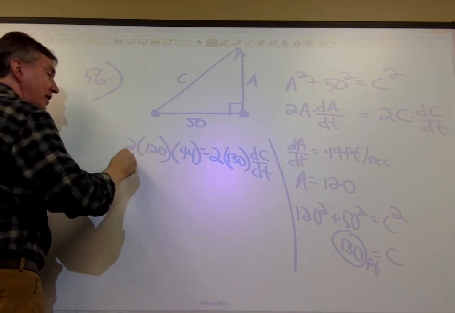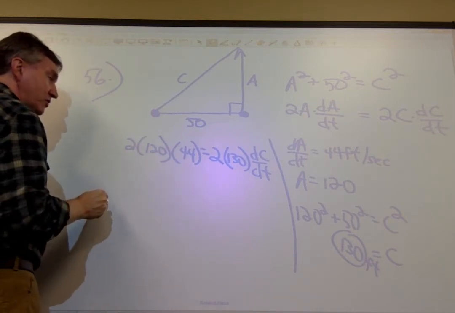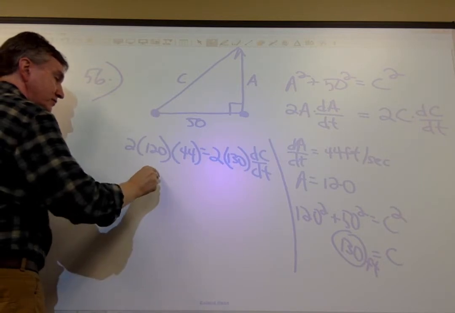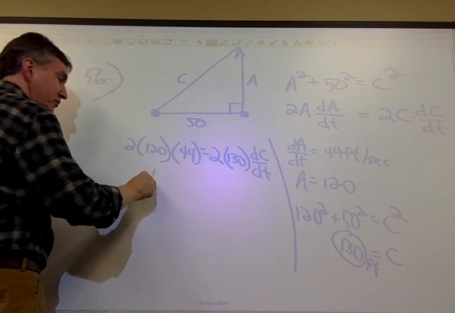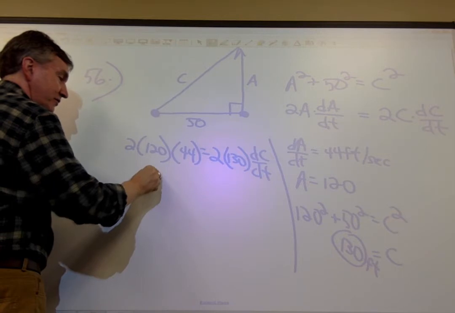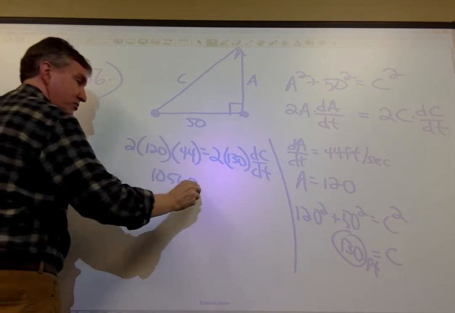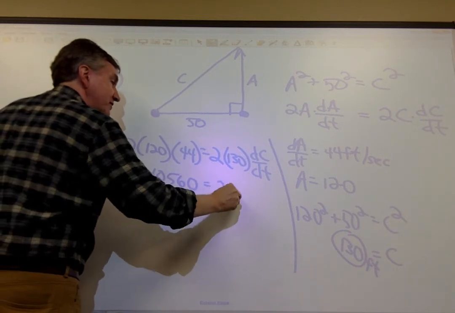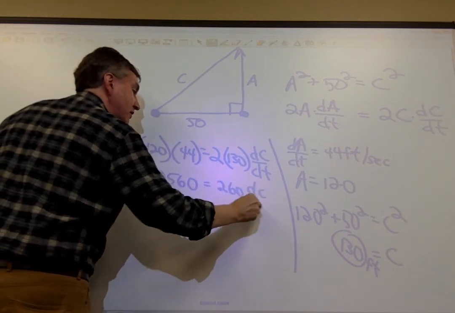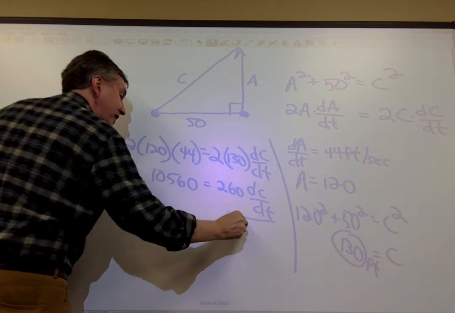give me the left-hand side. What's that? 240 times 44? Be a total of 10,560. What, say that again? 10,560. So the left-hand side is 10,560, do you agree? And that's 260 dC/dt. And if I divide by 260,